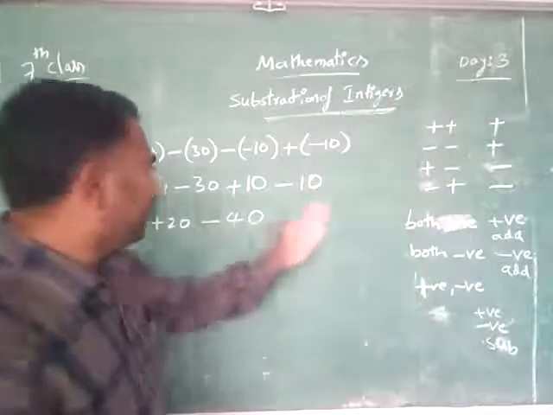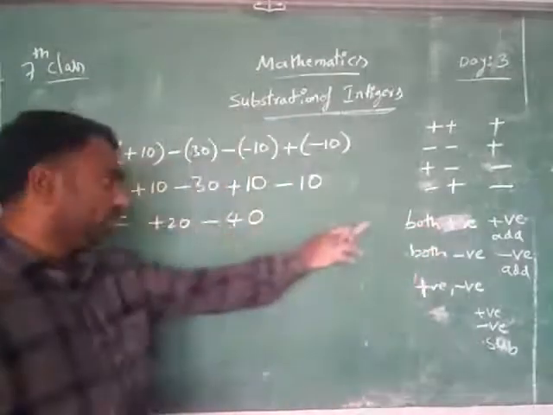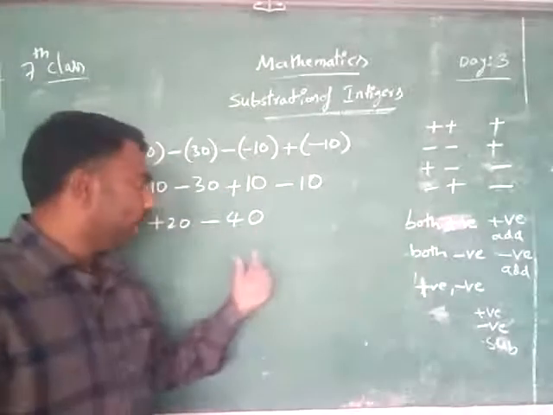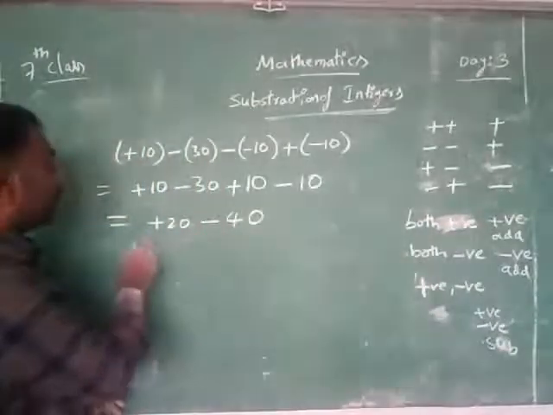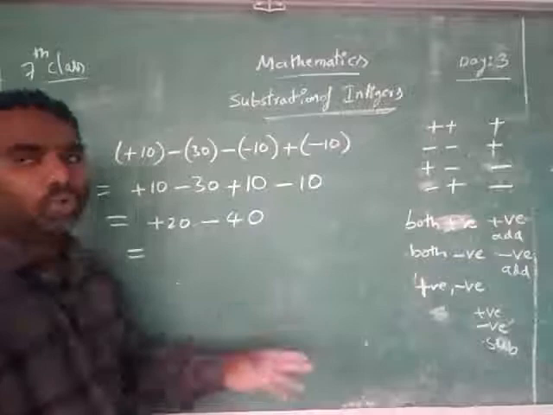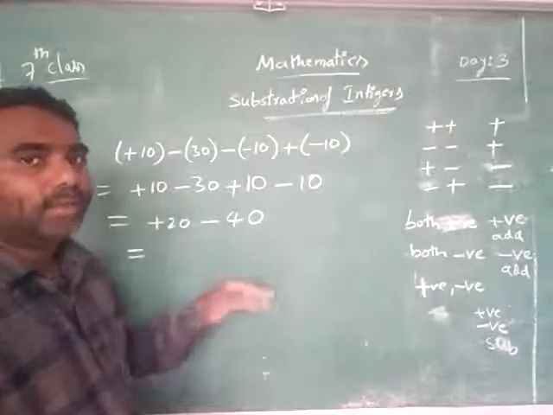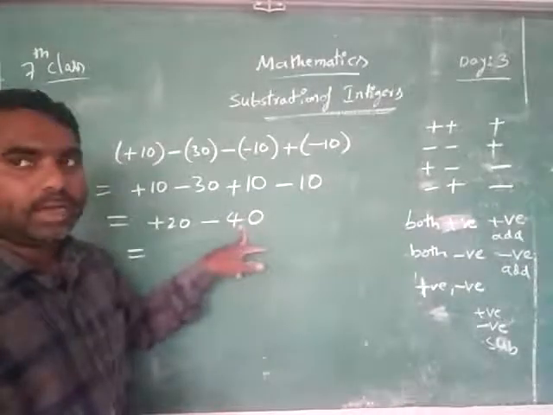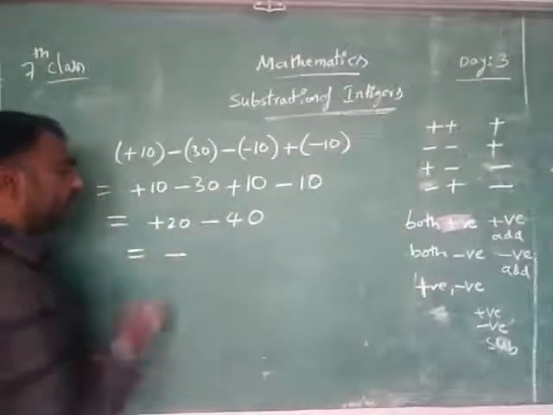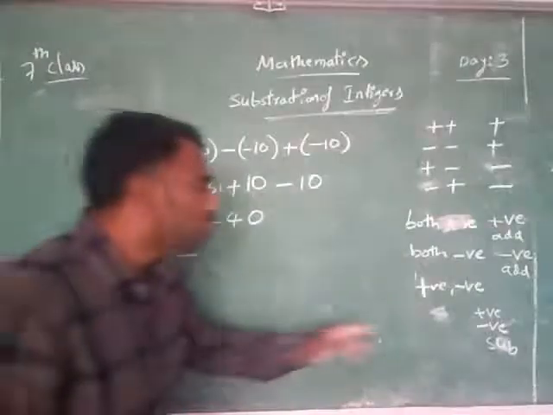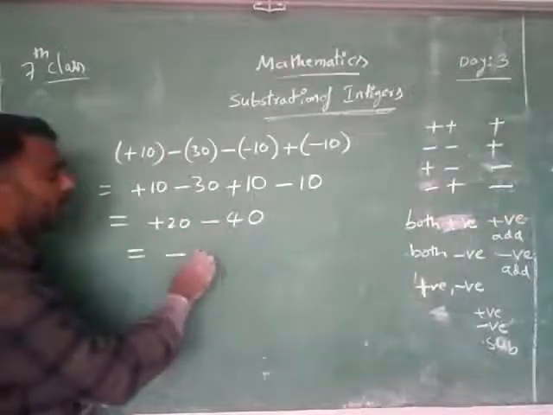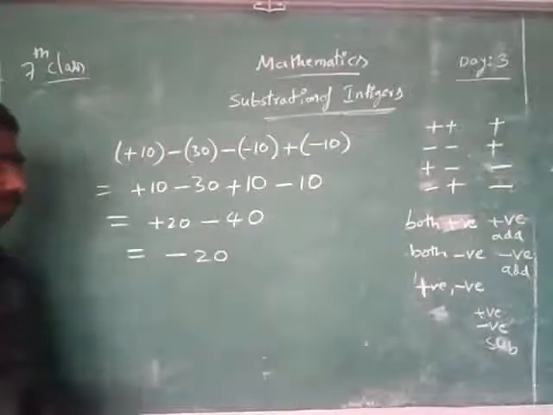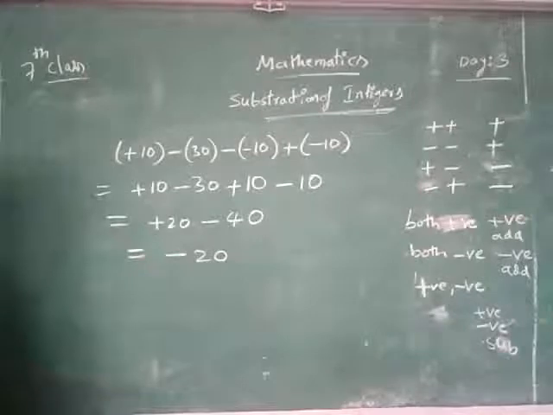Now you see what the situation is here. Are they both positives? Are they both negatives? Or is one positive and one negative? Yes, it is positive and negative. What is the idea for positive and negative? Whichever is bigger. Which is bigger here? 40 is bigger. 40 is what? Negative. That's my answer. Negative. How do you get the number? By subtraction, 40 minus 20, 20. This is the way of doing it.